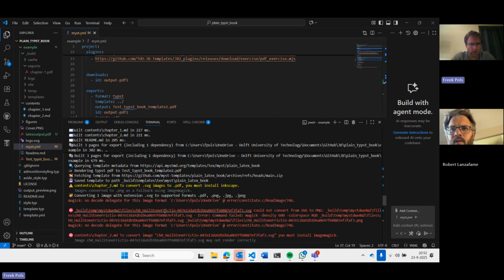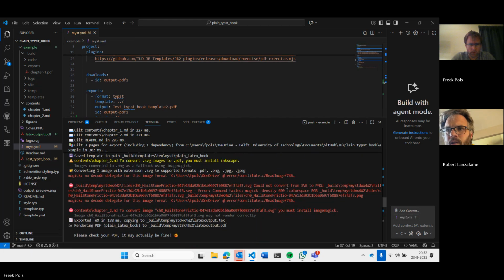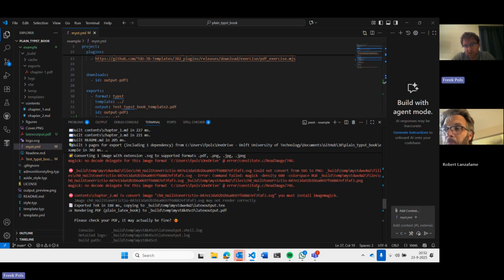So magic, no. It's a PNG or an SVG, something like that. Probably it has an SVG somewhere, converting one image with section to PDF. But it did fine. Yeah, I surely have to look whether it's